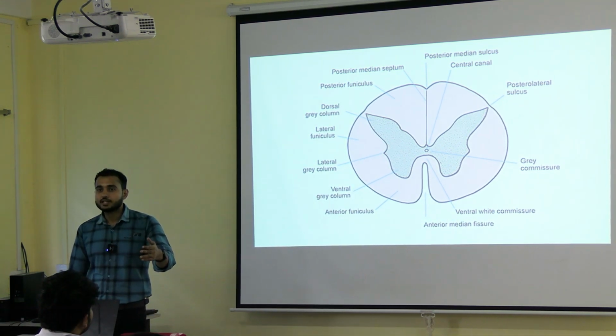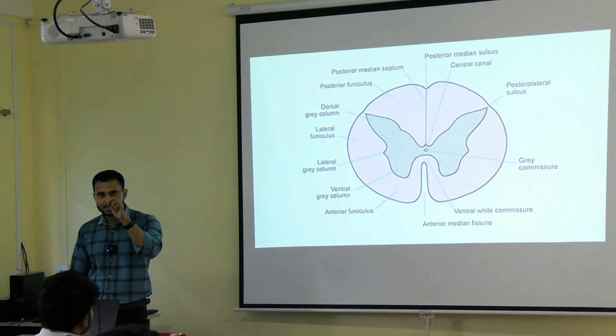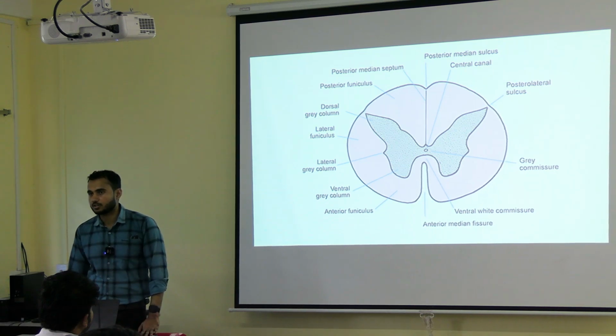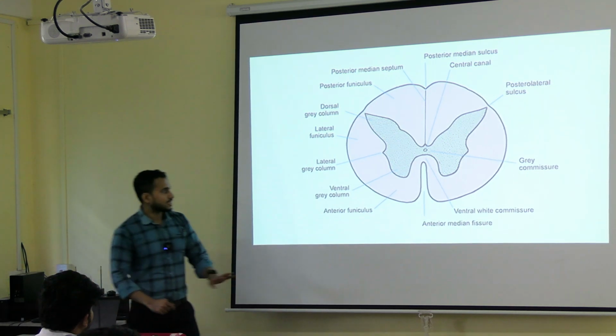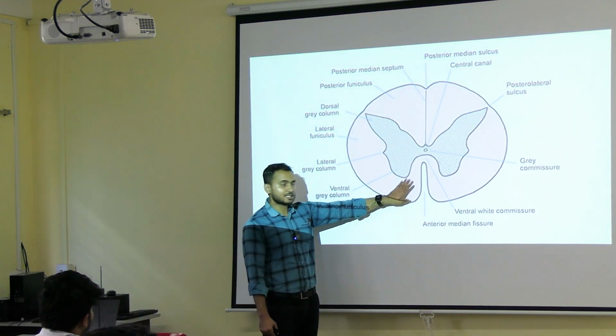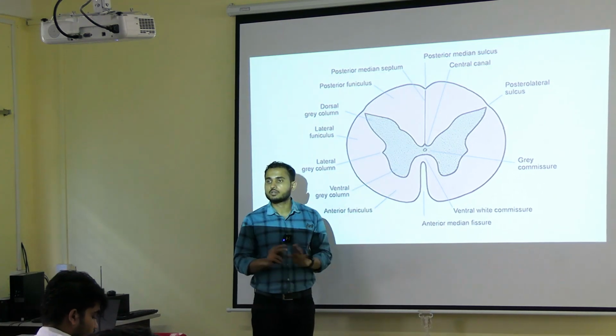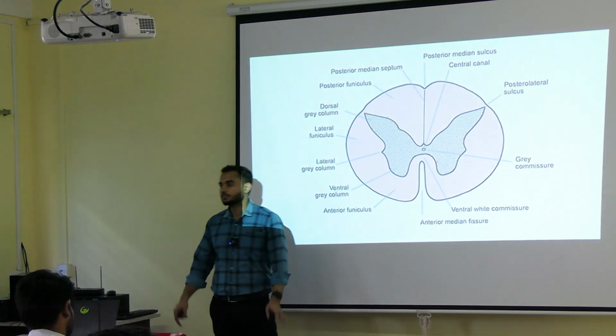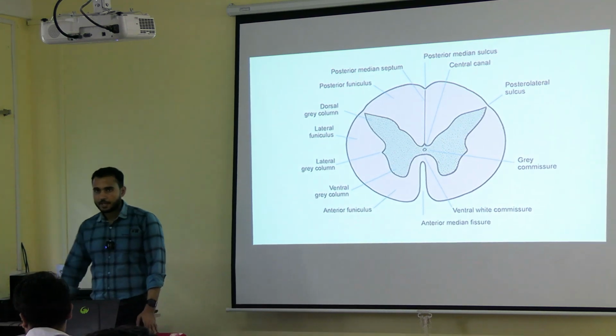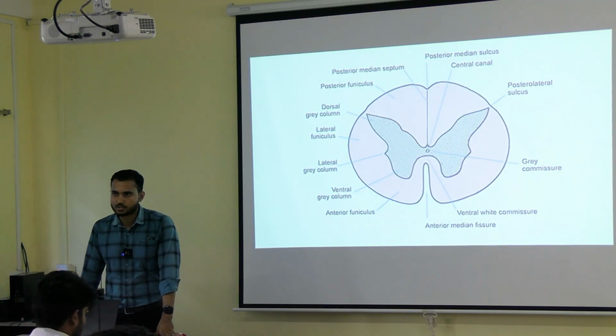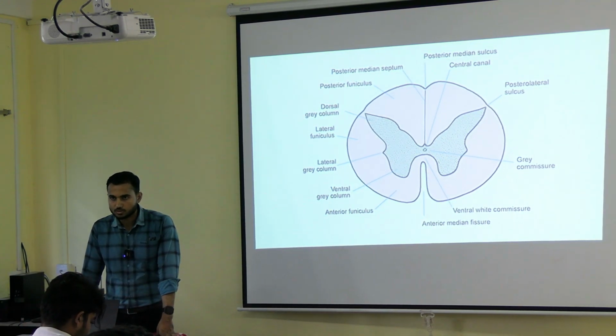Now why is it divided? Because the fibers which are passing through these areas, they are very specific. ओके, मतलब यहाँ से जो फाइबर्स पास होगा, यहाँ से ही पास होगा, यहाँ से पास नहीं होगा. तो यहाँ का फाइबर्स, यहाँ का फाइबर्स, they are completely different and they are carrying different types of sensation. Okay, and I know that you have studied the tracts of the spinal cord. Okay.